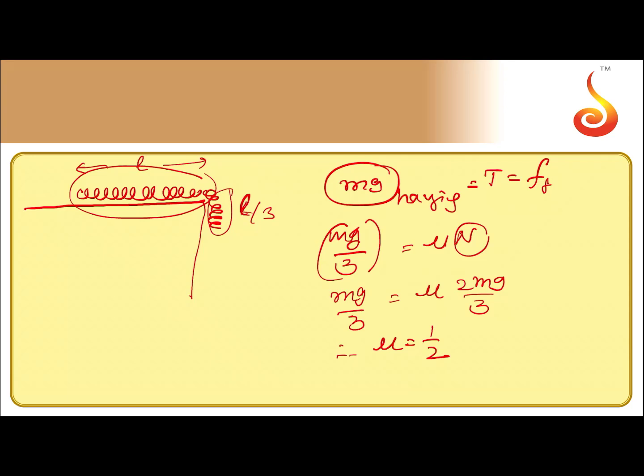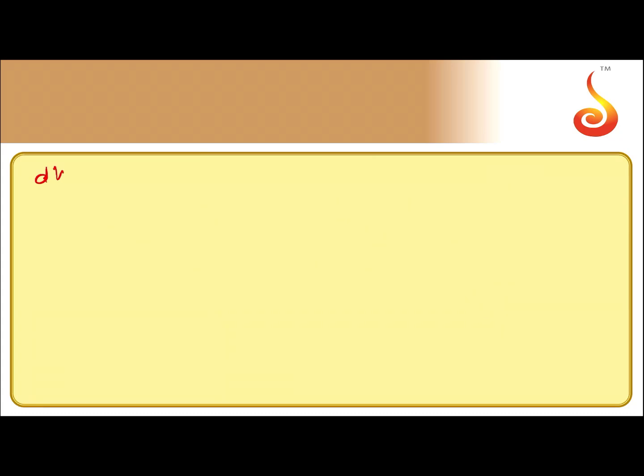Now, suppose we consider a small part. Let's assume that this is the part under consideration and its length is some dx, and this part experiences force of friction, and that force of friction can be calculated, and we can also calculate the work done. Let's see how to calculate that one. So work done is equal to F into dx, and clearly force of friction and displacement are opposite in direction because force of friction tends to pull it back while the displacement happens along this direction. So with a negative sign, that is cos 180,